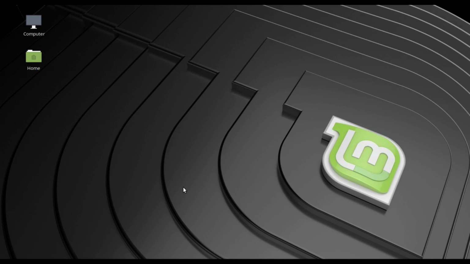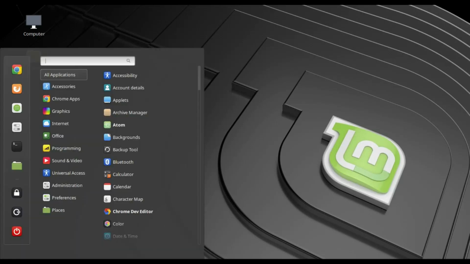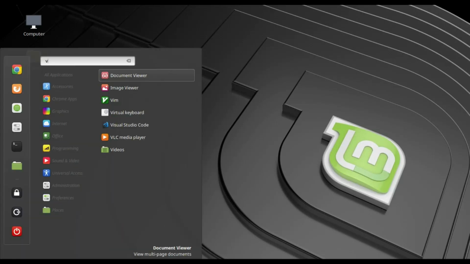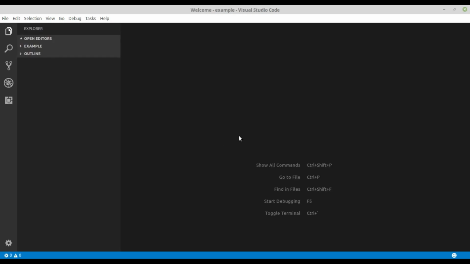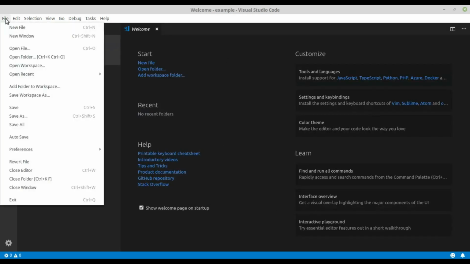In this tutorial about how to make a login system with PHP and MySQL. So for this we need to open our text editor, that is VS Code, Visual Studio Code, and we need to open the editor. Then we need to open a folder,